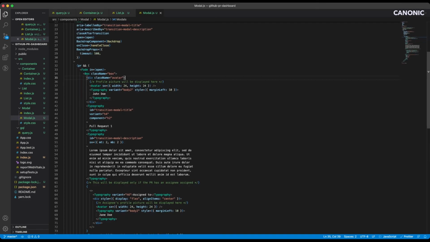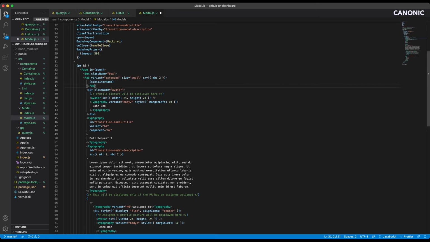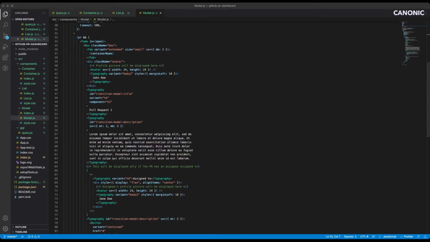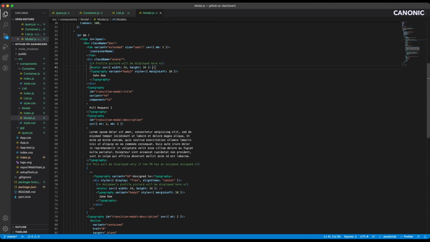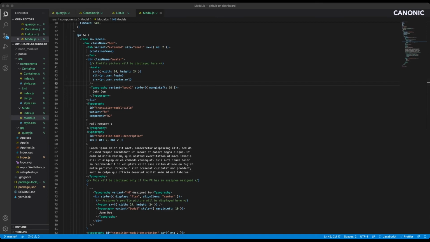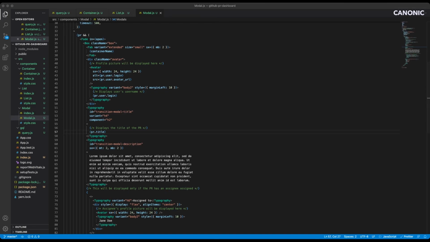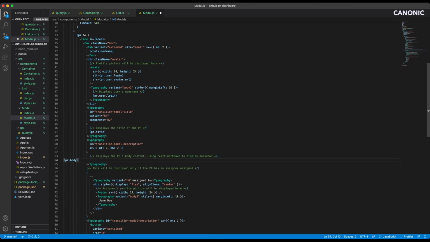Here, let's add another column which will tell us which container it belongs to. We also need to add this to our import. Done. Now we need to set the avatar's image from the data. We have to display the user's name here, the PR's title here, and the body here. We can replace it now.